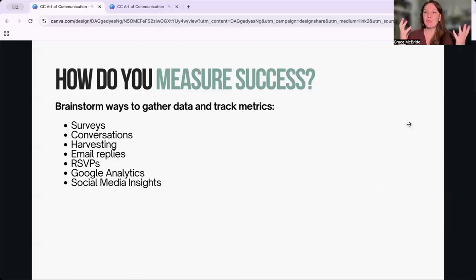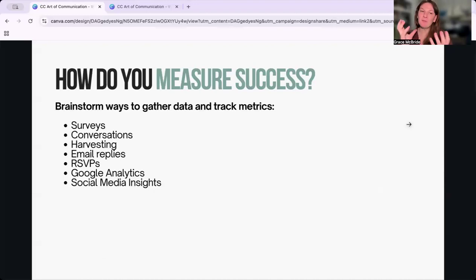Or it might be that you find out your flyer is really effective. So how do you do that? How do you start to track these metrics? Because a lot of it feels really wishy-washy, right? Like, how do you know who's converting from a flyer? So we have to start building ways for you to track this.